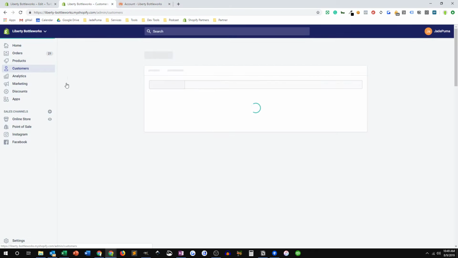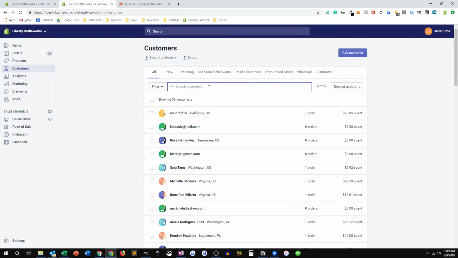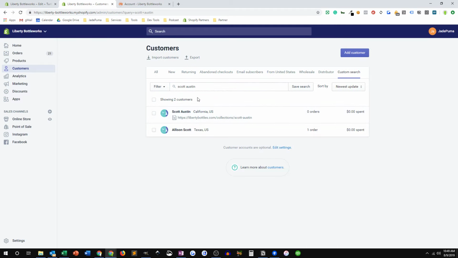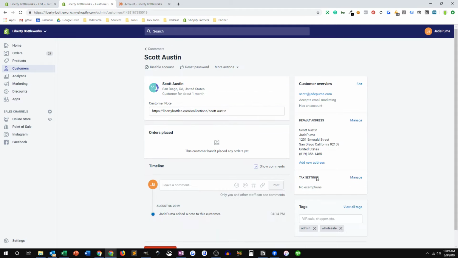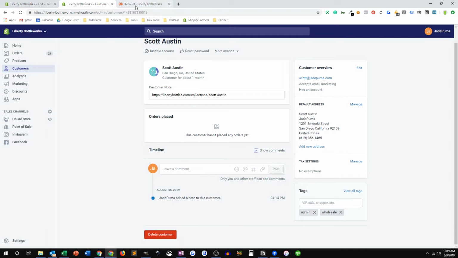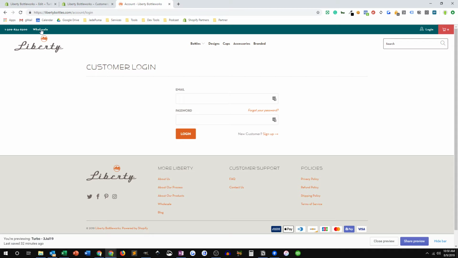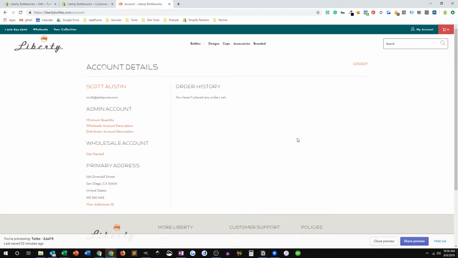So I'm going to go back to my customer record. And that is tagged as wholesale down here. You either tag it as wholesale or distributor based on the pricing tier that customer is in. So also notice up here before I log in, I've got that wholesale link, but nothing over here. So now what I'm going to do is I'm going to log in with my saved password. So now I have a wholesale account. So you can see here,